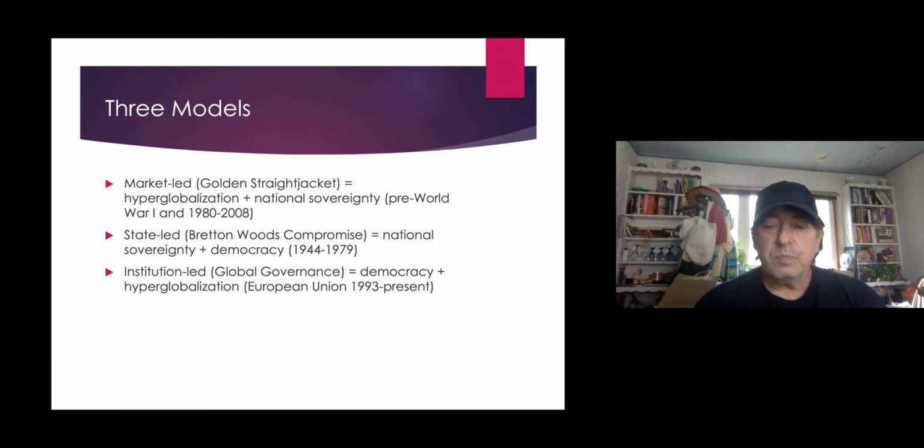So, three kinds of ways of managing the rules of globalization. One that gives control over to markets and capital, another that vests control in the hands of national governments, and the third which puts control in the hands of global institutions. Well, that gives you, it's kind of an introduction to our discussion of the political economy of globalization.